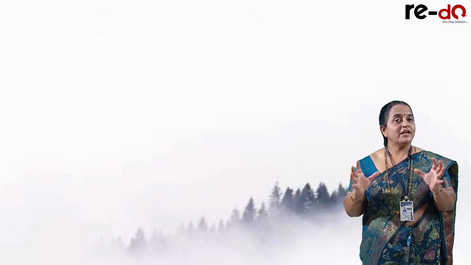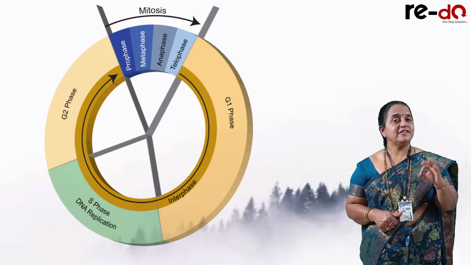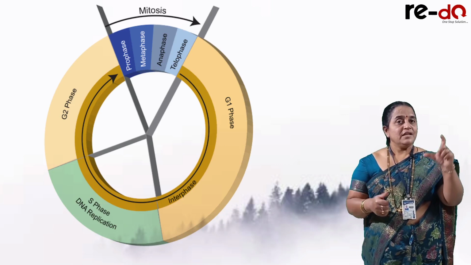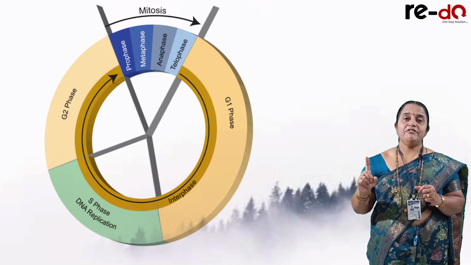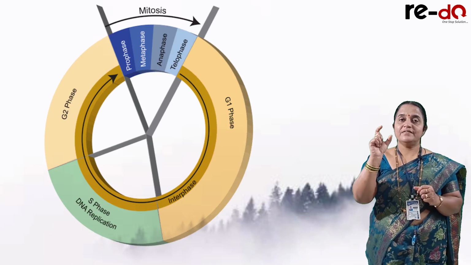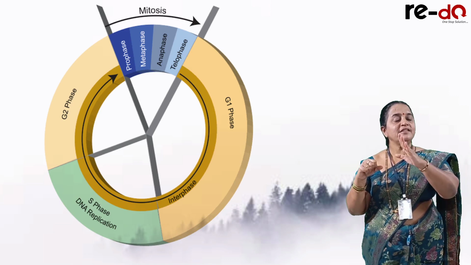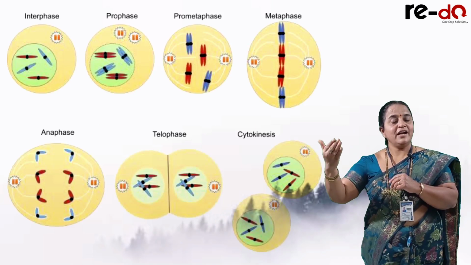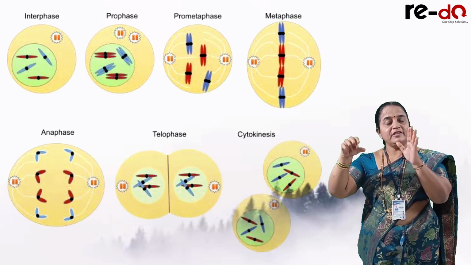So when does this replication start? Last year you studied the cell cycle. It is the lifespan of the cell. The maximum time the cell spends is to prepare for division. That preparation phase we call interphase. In interphase, the first phase, a newborn cell starts growing, it is the G1 phase. So whatever DNA they received from the parental cell, this DNA is producing RNA, and RNA helps in synthesizing the proteins. After the G1 phase, gap 1 phase,